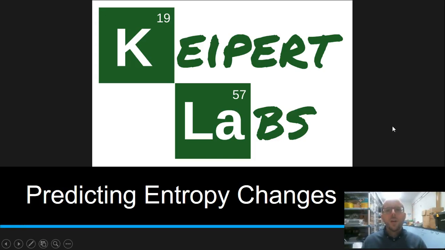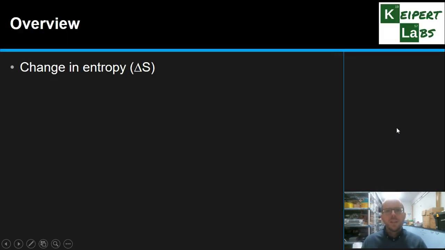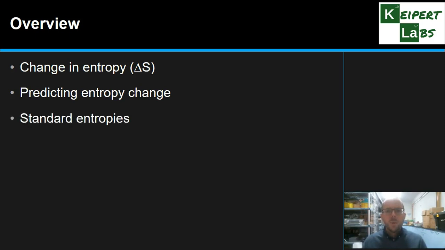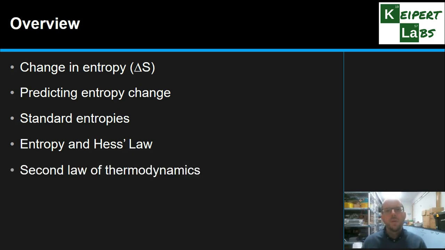In today's video we're going to be looking at predicting entropy changes in a system. We're just going to start by recapping what we understand about entropy and looking at a change in entropy, which is delta S. We're going to look at how we can predict entropy change based on what's happening in the system. We're looking at standard entropies, seeing how entropy connects with Hess's law, and looking at the second law of